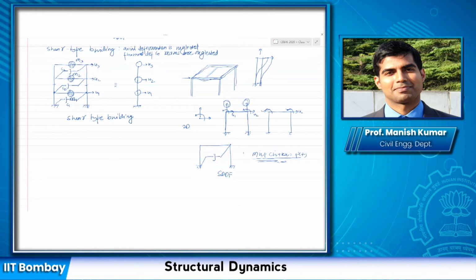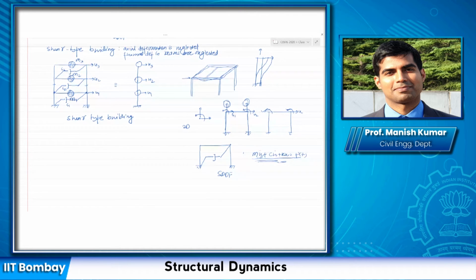Now I know that it is not a single degree of freedom system, so U would not be a single quantity. It would be a vector. Okay, so in this case, I would have a displacement vector that represents the individual displacements or individual degrees of freedom. Okay, and mass, I would have a matrix. For a multi-degree of freedom system, we would be dealing in terms of vectors. Vectors look like a matrix which has a single row or a single column. Okay, so we would be dealing in terms of vectors and matrices for a multi-degree of freedom system.